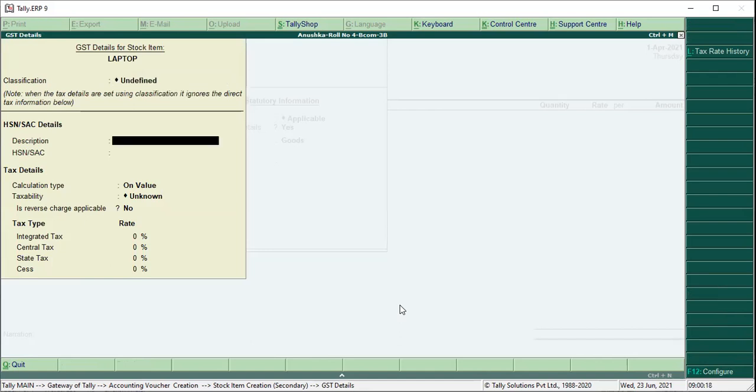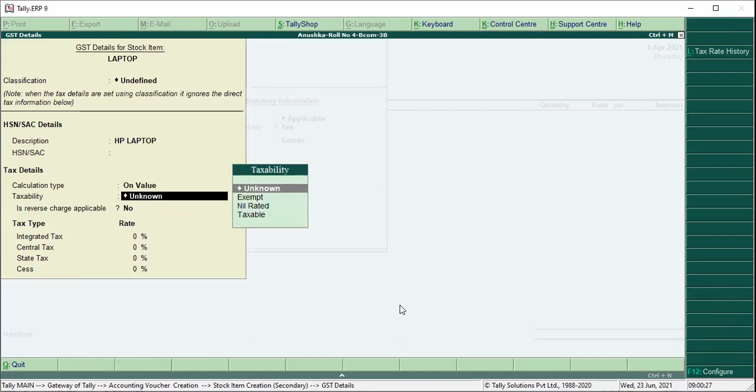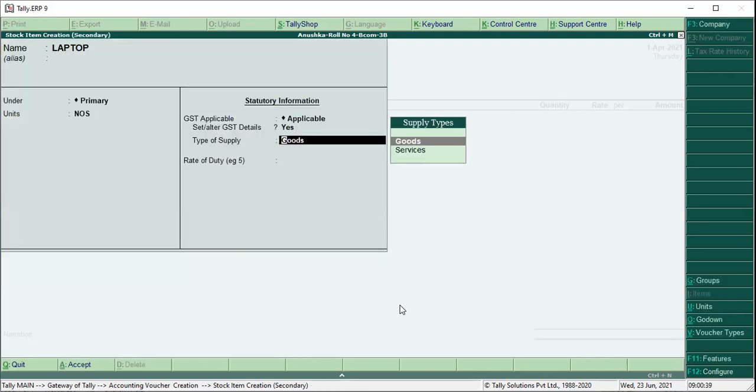Press enter. Laptop. Which laptop? Branded laptop, HP laptop. On value. Taxable. It is not exempted, it is not nil rated, it's taxable. Reverse charge, no reverse charge because we are not buying from an unregistered dealer. 18%. Control A. Type of supply, goods.